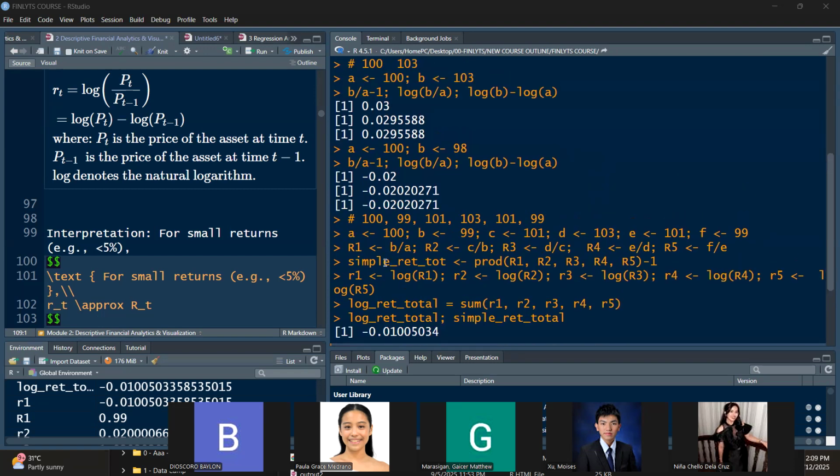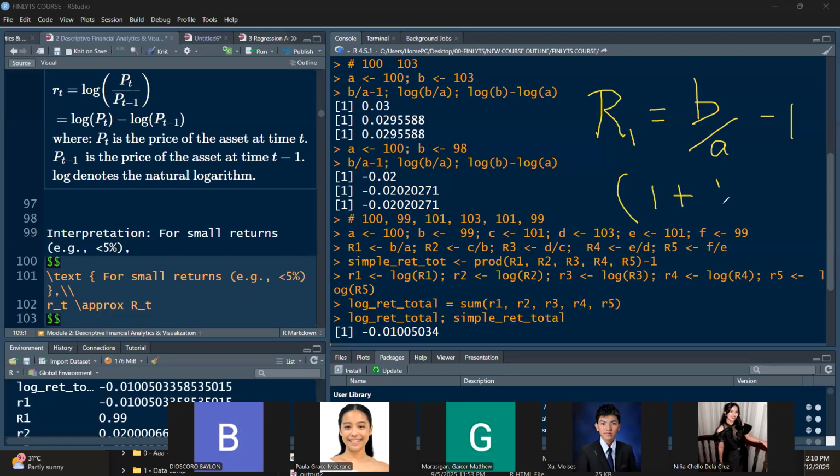So this, class, is the return. Technically this is not the return, no? It's still missing the minus 1. But I just use R1 to denote it. Let me show you first why I used R1. It's supposed to be the price at B over A, right? It should still have a minus 1. Now I didn't put the 1 here, class, because later on when we get the product, it will be 1